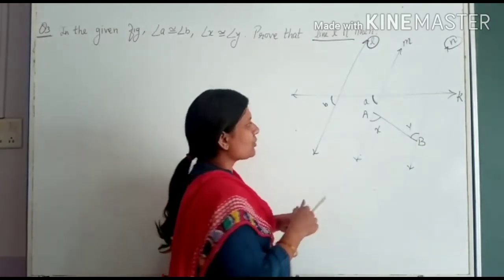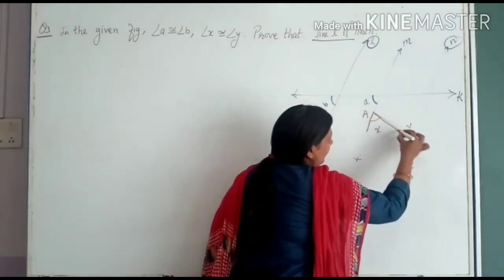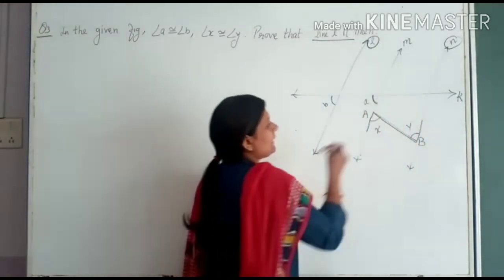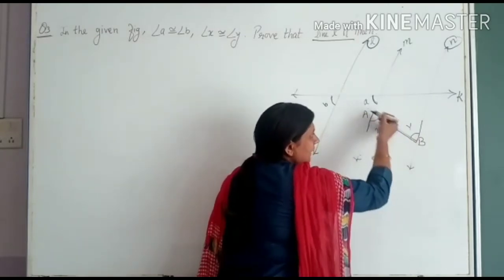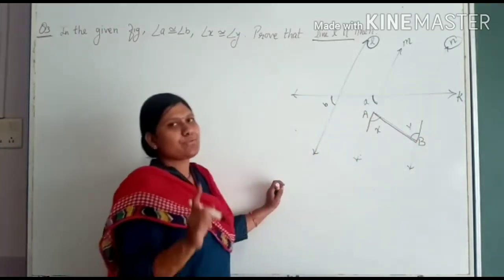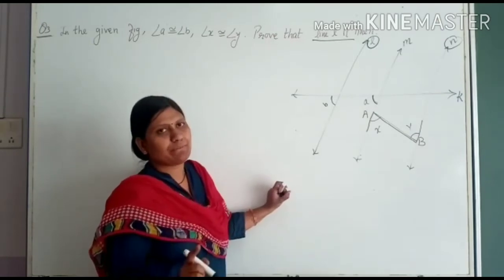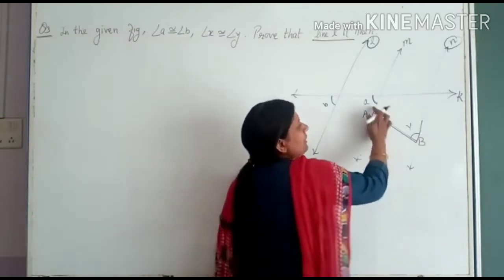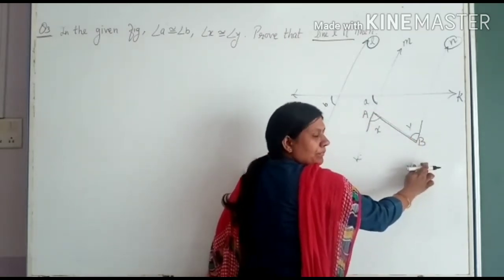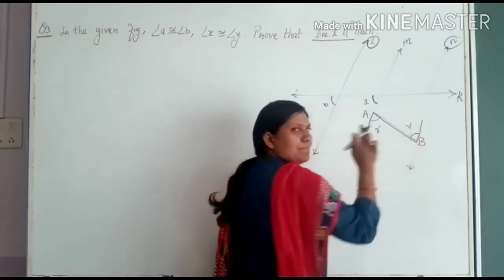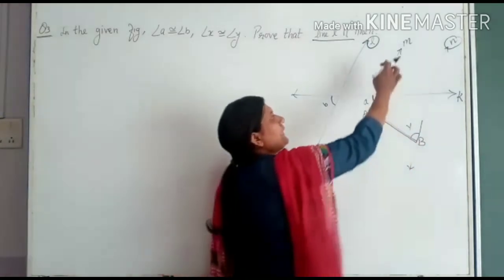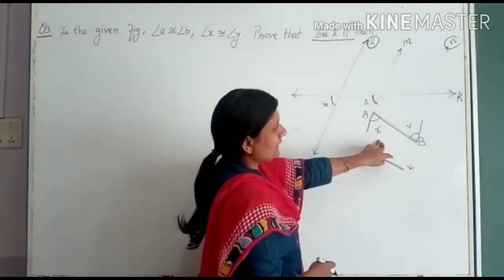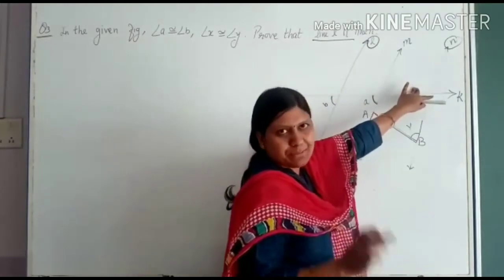Now if we consider angle X and angle Y, they are congruent to each other, right? We can consider that also. If you observe, these form alternate pairs of angles. So these are the alternate angles, and if we consider AB as the transversal. In the previous video also I told you, if the naming is not given, you have to first give names to the lines and the figure properly. So if AB is the transversal, then angle X and angle Y are congruent to each other. Therefore we get line M is parallel to line N. By the alternate angle test, lines M and N become parallel.